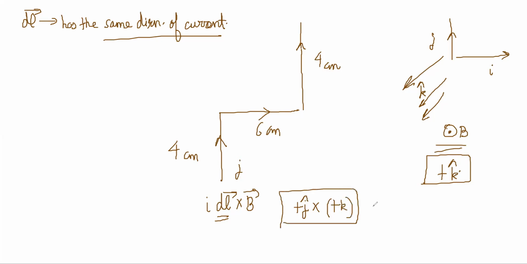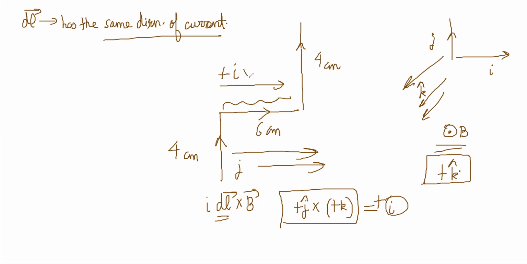Yeah, I got it. So that is going to be plus I. So plus I means this side. And this section, it will be plus I is my current direction. Cross, you have to do plus K, right? That will become minus J, right? So that will be minus 3J, backward. minus 3J 2I, and this is exactly same as this, right? DL is again same, so it will be plus 2I. Got it. Okay.